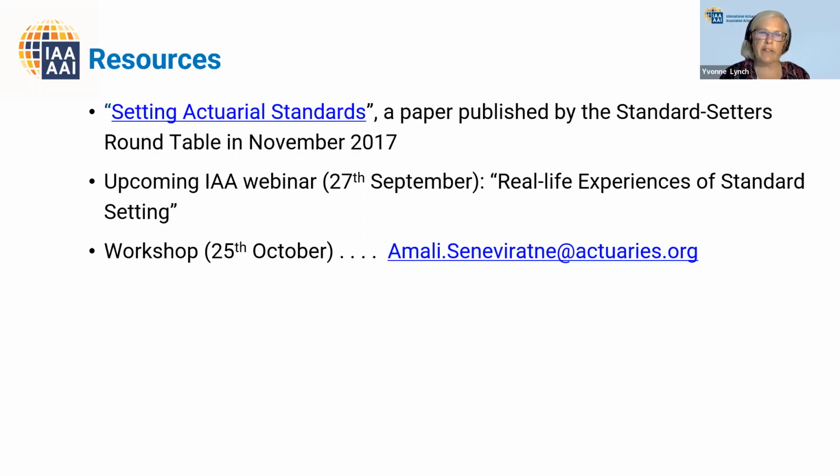And then on the 25th of October, we plan to hold a virtual workshop. I mentioned earlier that a number of associations have specifically asked for help with development process and content, and we have reached out to those associations about this workshop. Our aim here is to have quite detailed discussions with those associations in small breakout groups, so that we can better understand their requirements and see in what ways the IAA can help them